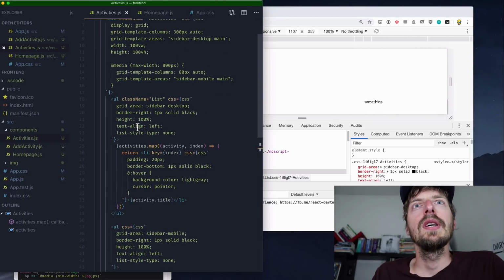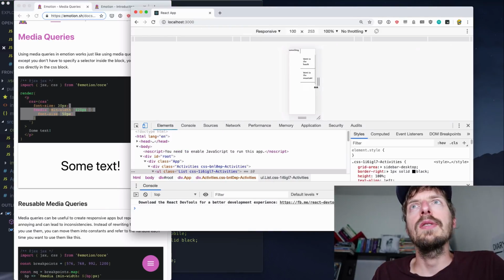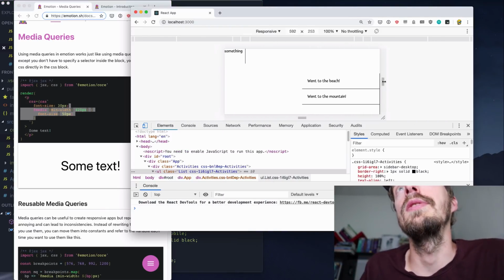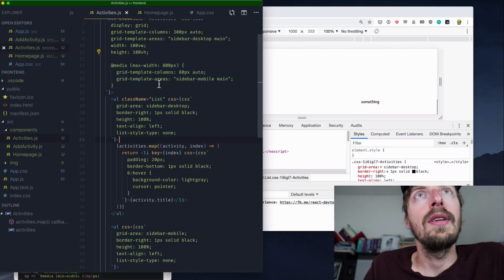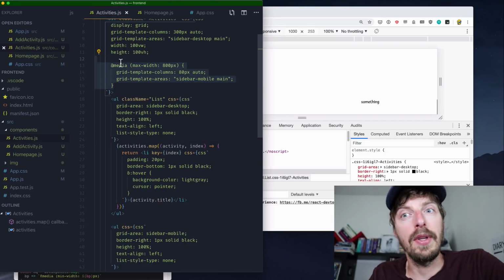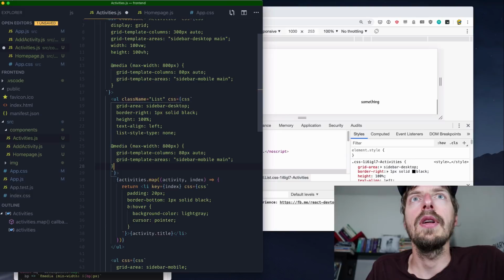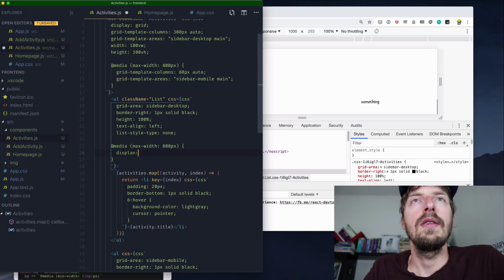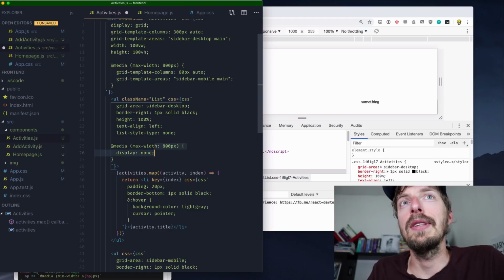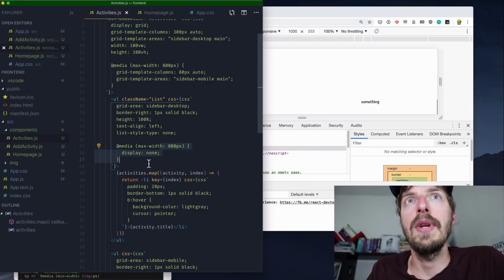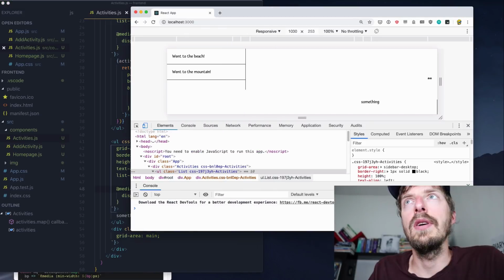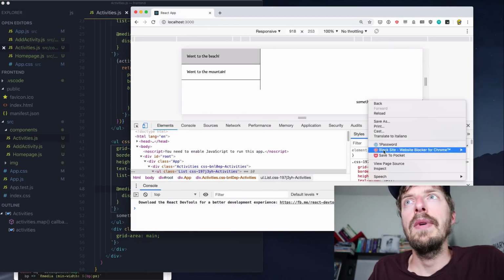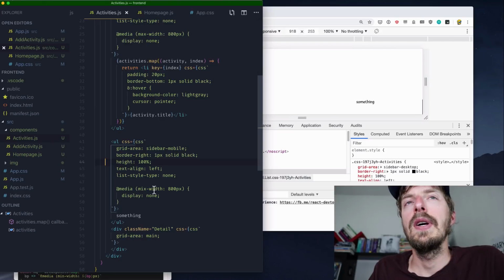Okay, so let me see. Grid template areas. Okay, so yeah, it's still appearing, but it shouldn't. And to fix this, we need to hide it when this breakpoint appears. So we need to say like here, display none, because it's not in the grid, but CSS is still displaying it. Okay, so this time I need to say that this element should not appear if the